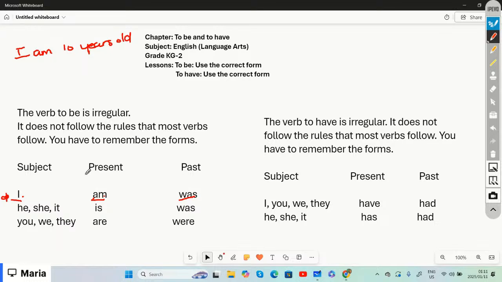Yes, so like now you say, I am 11. Well done. Now, if we're referring to he or she or it that is doing something, then you say, he is maybe 11. She is 11. It is maybe your dog, 5. But in the past tense, if you want to show that he, she, or it did something, then you can maybe say